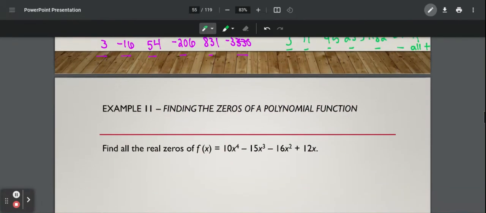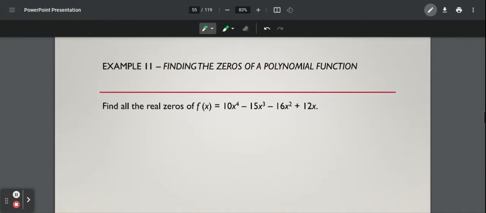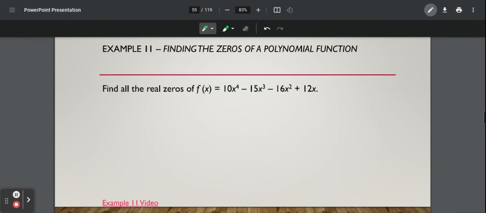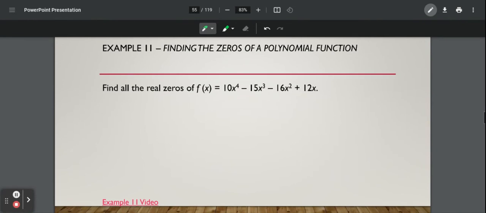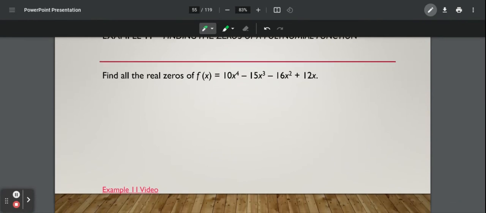And then our last example here, finding the zeros of a polynomial. They don't give us any zeros. So what your first step is going to be is to graph it. So go ahead and pause and graph this polynomial and see if you can pick out any integer zeros. Okay, so from your graph, you should be able to see that there's 3 real zeros,